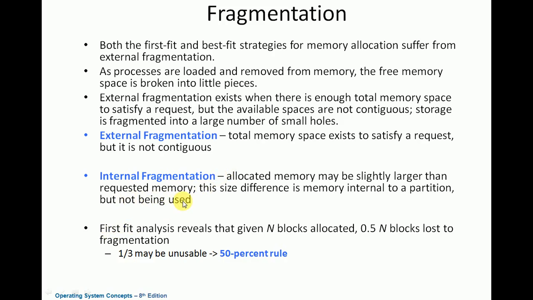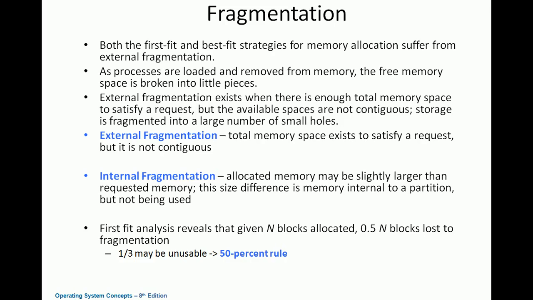There is another kind of fragmentation that is called internal fragmentation. Here, the allocated memory will be slightly larger than the requested memory. That will lead to wastage of memory. For example, the size of a memory hole is 1000 bytes and the amount of memory requested is 998 bytes. Instead of allocating 998 bytes, we can allocate the complete 1000 bytes. If you allocate only 998 bytes, only 2 bytes of memory will be left over. It may not be used in future at all because it is a very small amount of memory.